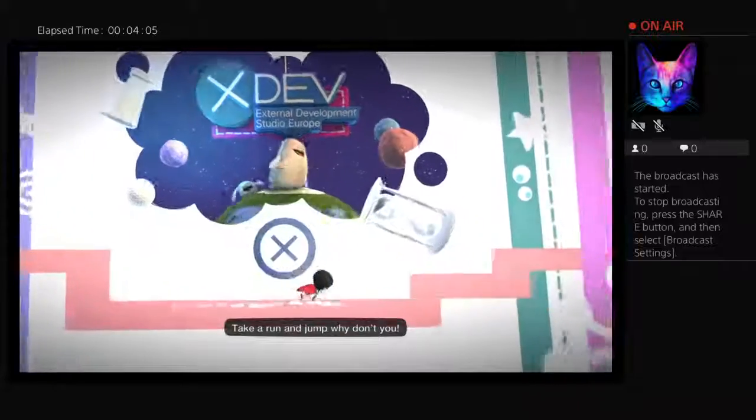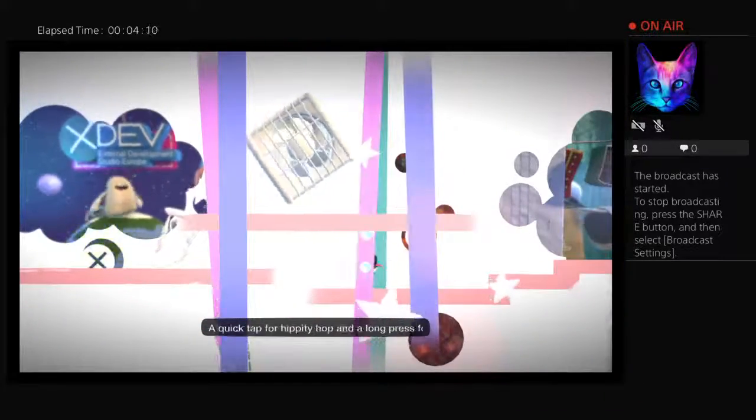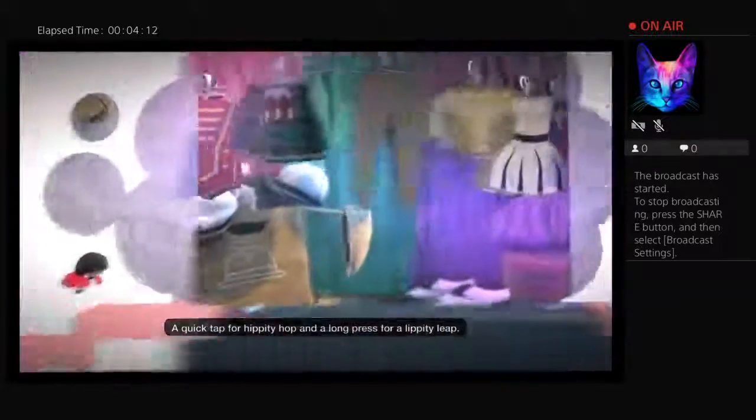Take a run and jump, why don't you? You do it by pressing the action button. A quick tap for hippity-hop and a long press for a...